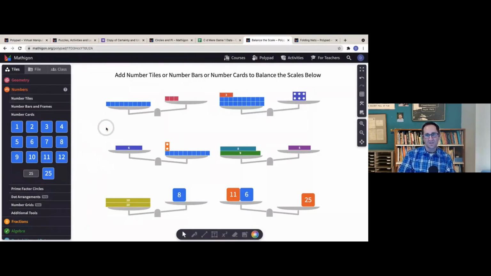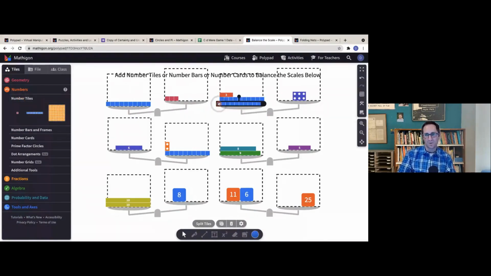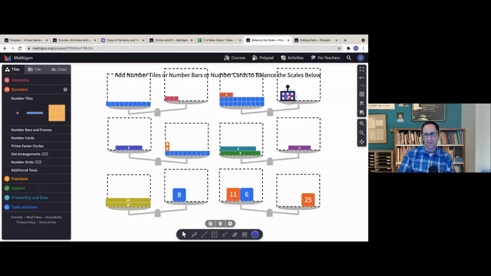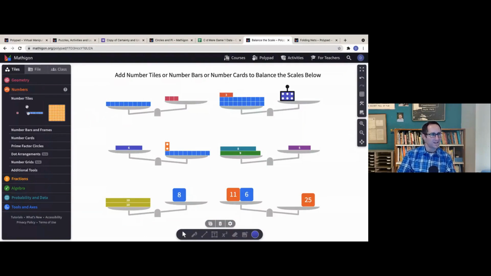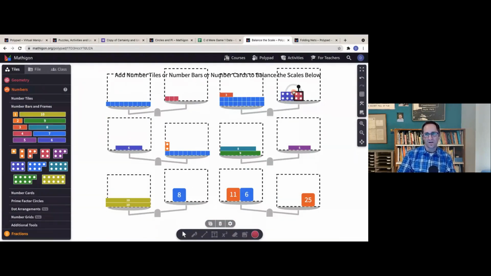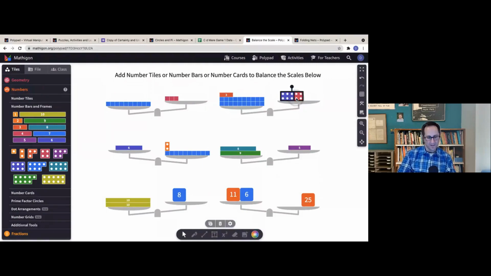But the task here for students is just balance these scales any way you want, right? So here, students might see that as a group of 10. They could put a 10 on top of it to see. And they might say, oh, that's 23. Here's 6. How do I get that to 23? Well, maybe they would go to the number frame and put a 4 here to make it 10. And then take that and copy it if they wanted to, and then get a 3. And that's going to balance the scale. So I think this is really nice for students, that all the visual representation of numbers can work on the scale at the same time.